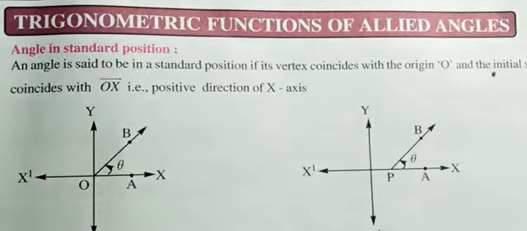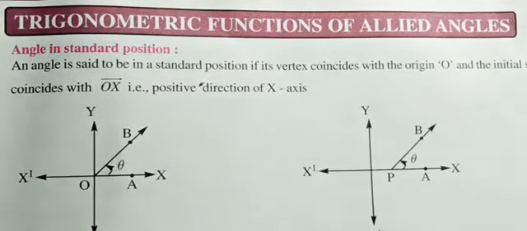So in this topic of trigonometric functions of allied angles, we should deal with those formulas, how they come, and we should deduce them. For that, as a reference book, I have taken this book on my suggestion. In this book the explanation given is very good. So without delaying, let's get started.